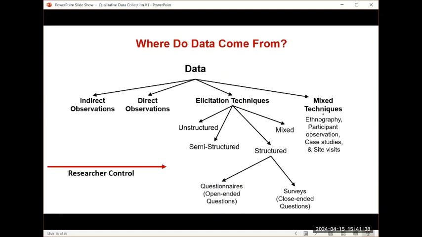So notice from the left to the right, there's this continuum of researcher control. You always have control over what you decide to study. You always have control over what you decide to count as your data. But in the indirect case, you have no control over how it was collected or why it was collected or what is actually there. That was in the control of somebody else who did the collecting for you a priori, right? On direct observation, you have control, again, about what you look at, how long, how often, all of that stuff,